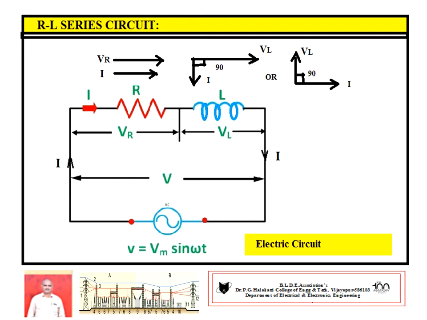It is already observed that in pure resistance, the voltage across the resistance VR and the current are in phase because the phase angle is 0. And it is also known that in a pure inductance circuit, the current lags the applied voltage by 90 degrees. So in general, considering the voltage, the current lags. If I take the current as reference, the voltage leads by 90 degrees. Understand, sir?